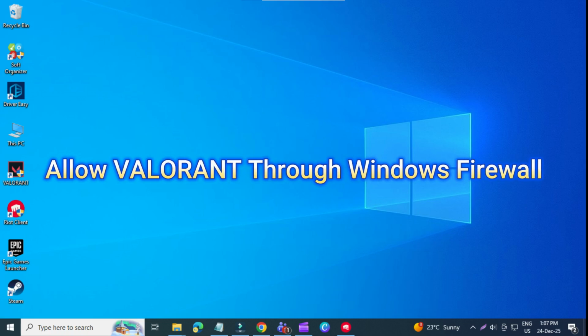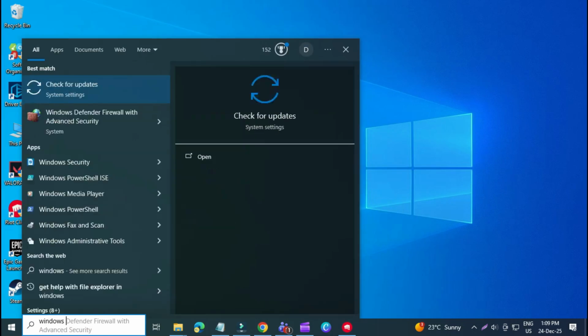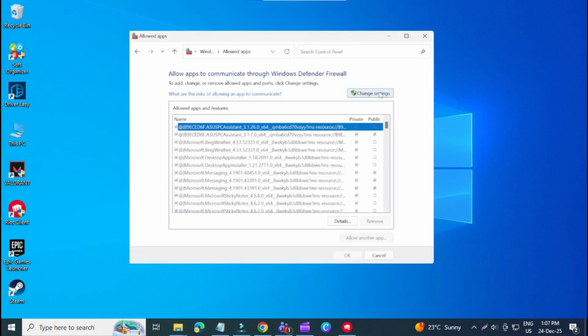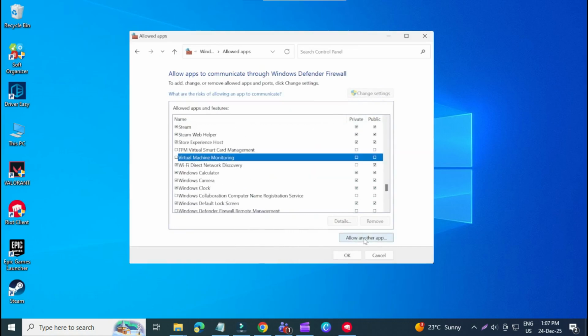Fix 4. Allow Valorant through Windows Firewall. Open the Start menu, search for Windows Defender Firewall, and open it. Click Allow an app or feature through Windows Defender Firewall. Click Change Settings first. If Riot Client or Valorant is already listed, remove them. Now click Allow another app, Browse, and go to